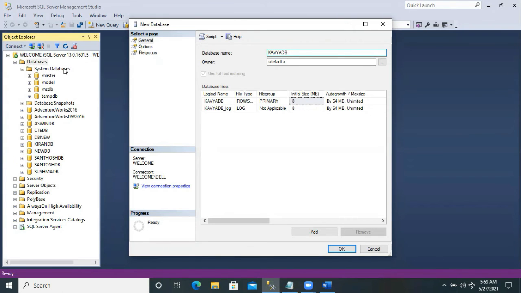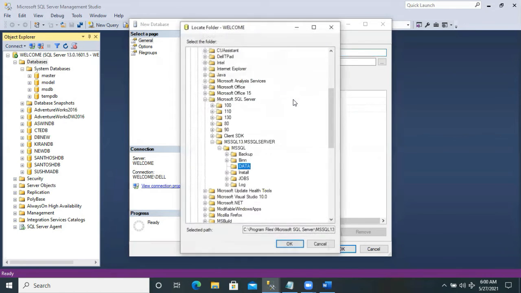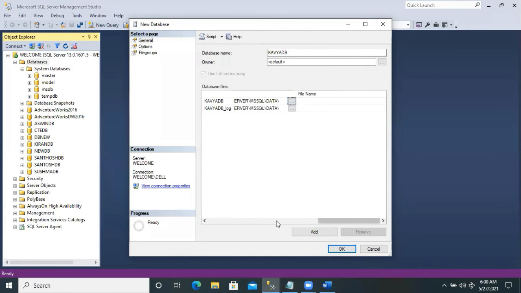It is the default location where we installed the SQL Server into the machine, like C: program files, Microsoft SQL Server, MS SQL, then the data folder. If I want to change the location of the database file, we can change it. Otherwise, the default location is where we install the SQL Server into the machine.